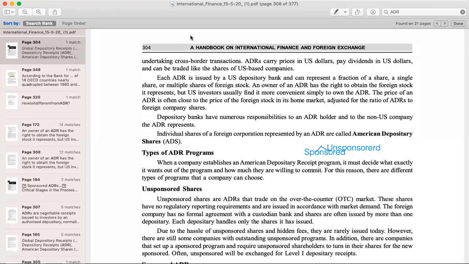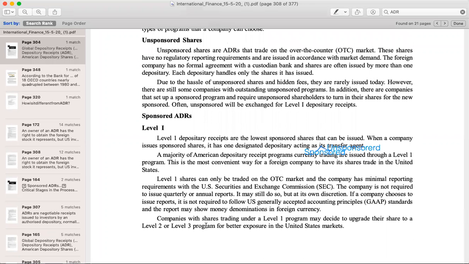They are going to appoint the depository there and they are going to raise the capital, in the sense they will sell the shares in their hands and bring capital. So company is not actually directly involved, but this kind of ADR is now completely banned. It is not allowed anymore. So we have only the sponsored ADR type. Under sponsored ADR also we have four different levels of ADRs.